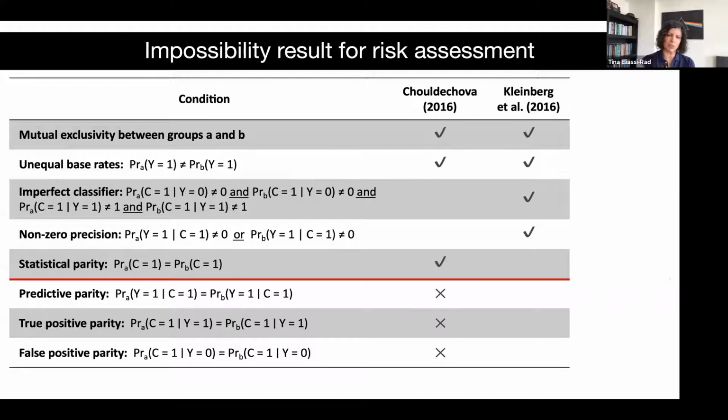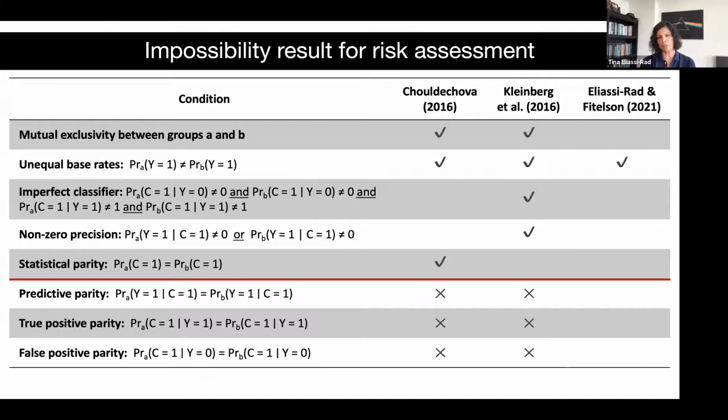probabilities. So there are cases in which, for example, the probability of somebody, female, having breast cancer, given that the classifier says that they have breast cancer, is not zero. And again, they showed that you can't have these three fairness measures that you like. Then in recent work with Feidelson, we showed that you don't even need mutual exclusivity. You could have somebody who's female and non-female, or if you want to think about it, black and not black, right? Somebody like Barack Obama. As long as you assume unequal base rates, an imperfect classifier and non-zero precision, you won't be able to